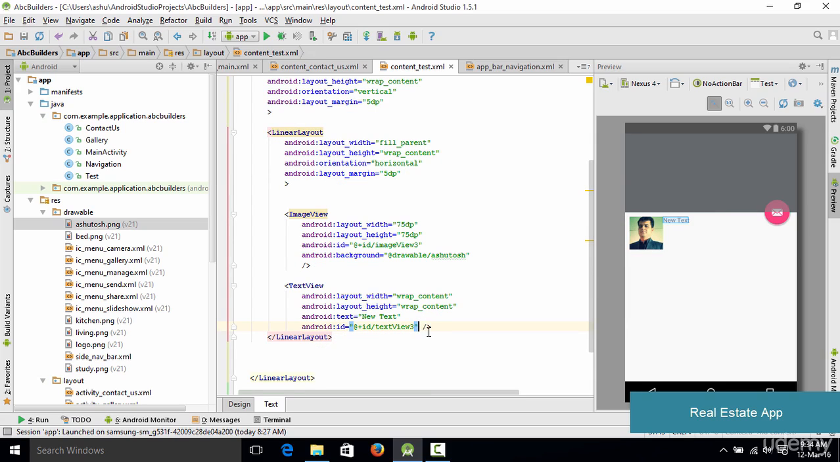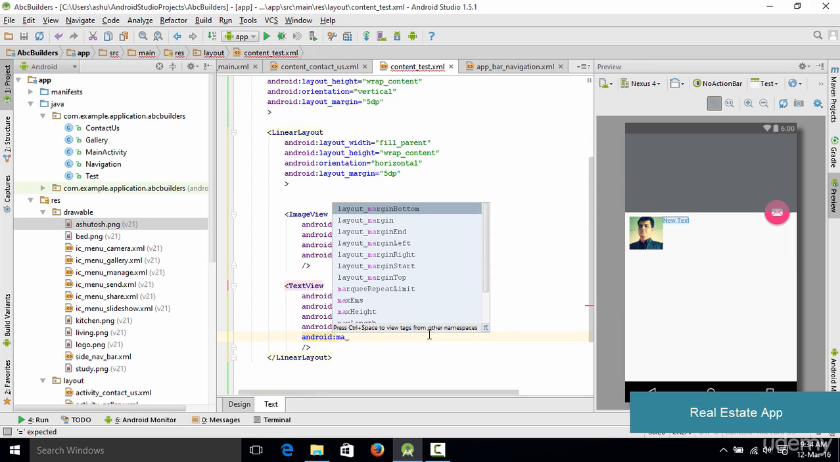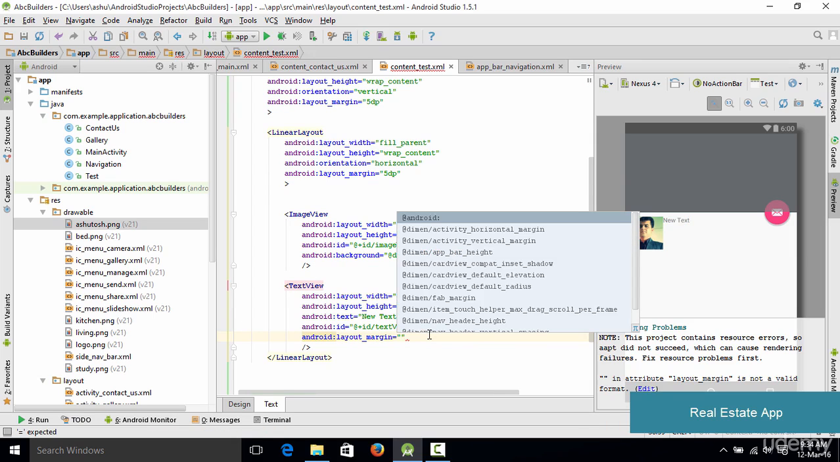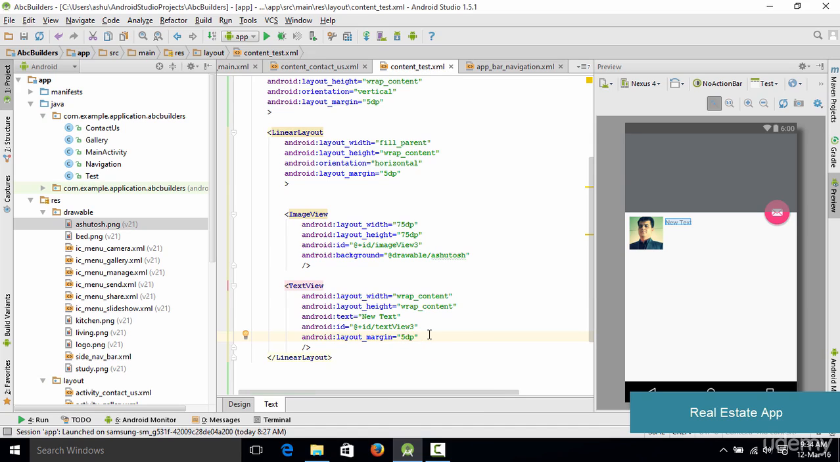So we go to text view and we also add a margin right over here. So we type Android layout margin and let's say 5 dps. So as you could see, now we have sufficient margin, and here we are going to specify the text which we want to display. So let's say this says excellent properties at excellent price. So as you could see, this is one testimonial, and what we need to do is that we need